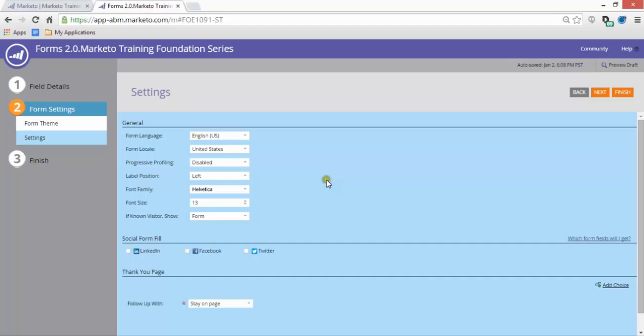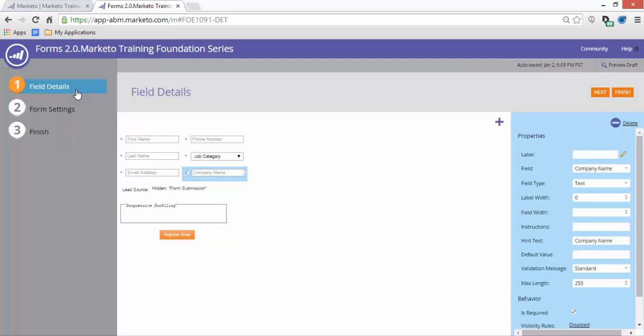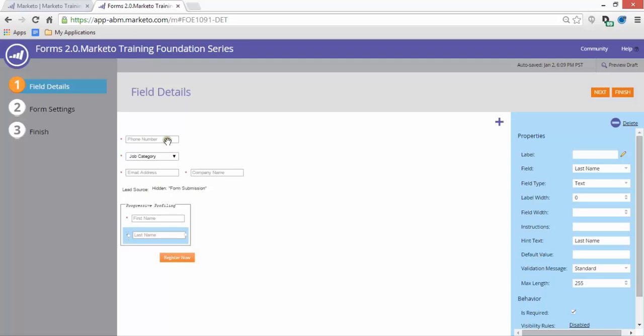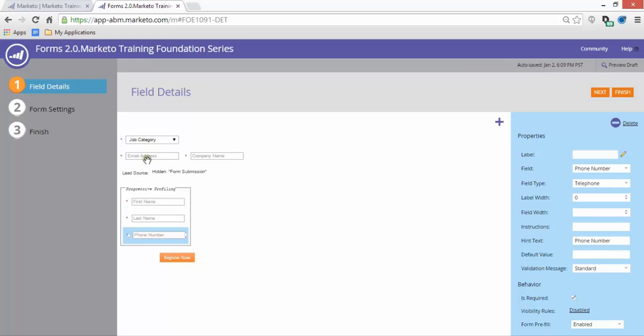And now to progressive profiling. To set up progressive profiling, you simply select that option and click Enabled. Then when you go back to the field details, you see this box appear. Now you have to drag these fields one by one into this box. Unfortunately, because Marketo would not know how to prioritize them otherwise, you cannot create a 2-column progressive profiling form within this editor. So, one by one, I add all the fields,